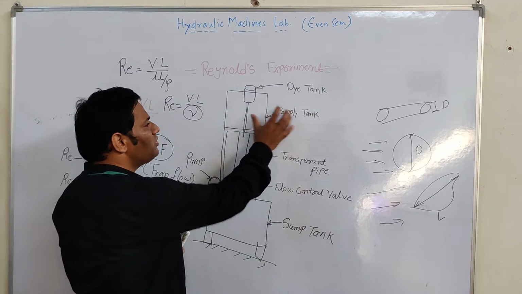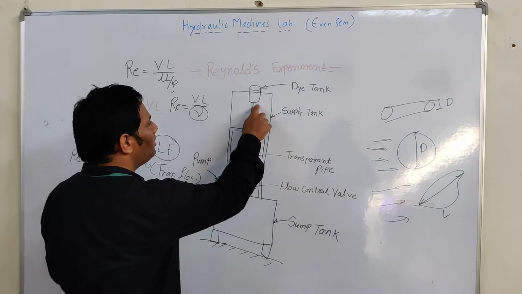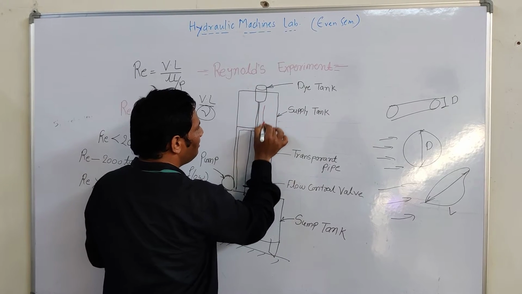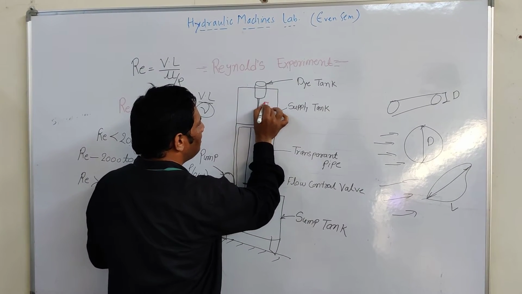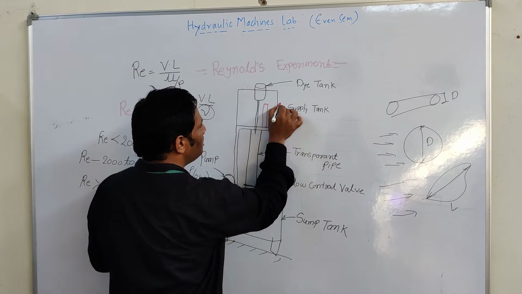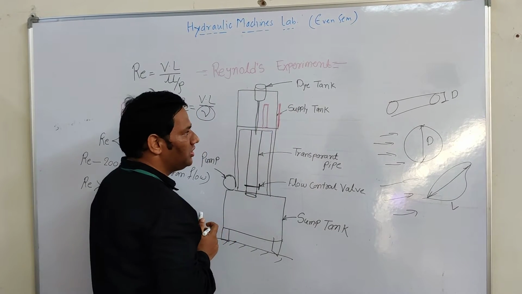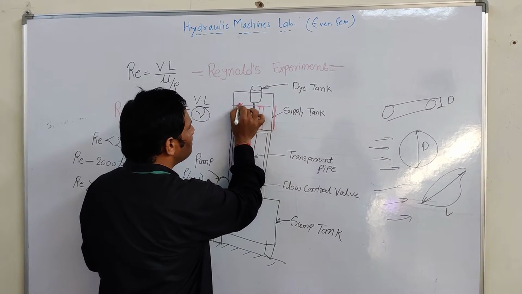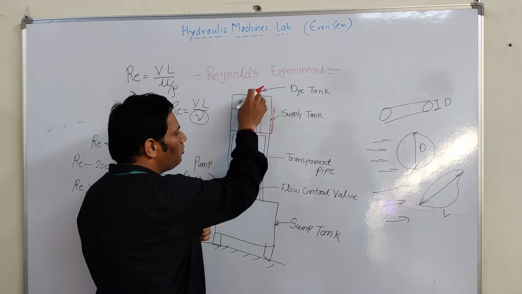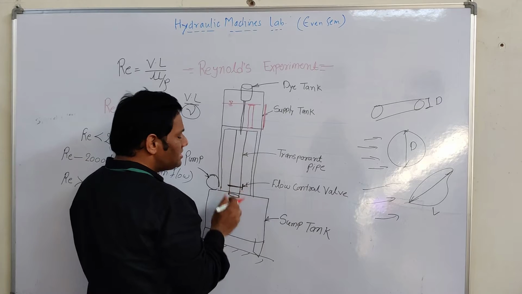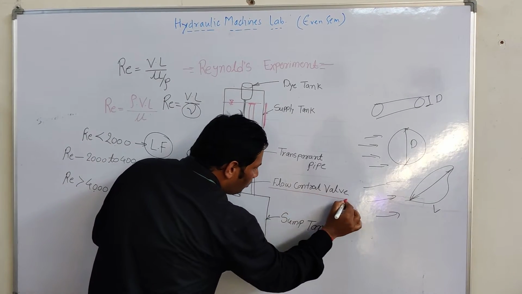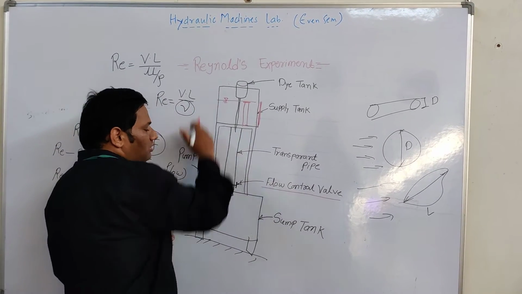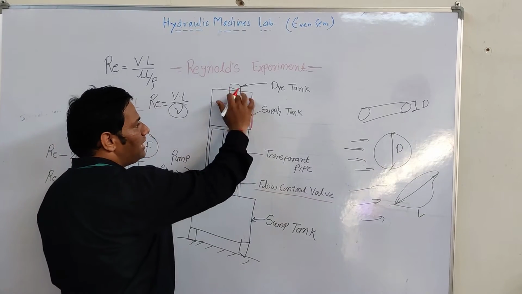Now this is our supply tank. In this supply tank, we have one pipe here for maintaining the constant flow. Here we have a piezometer, a simple glass tube. If the water level is up to this point, we can maintain the constant flow through the total pipeline. Again, here we have a flow control valve. If we close this valve, and constant flow from the sump tank to the supply tank is going on,